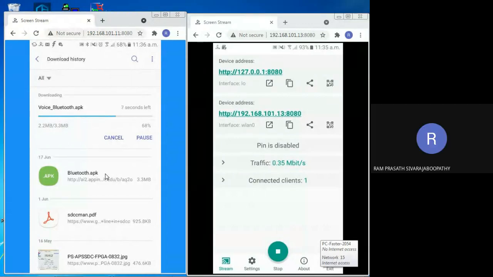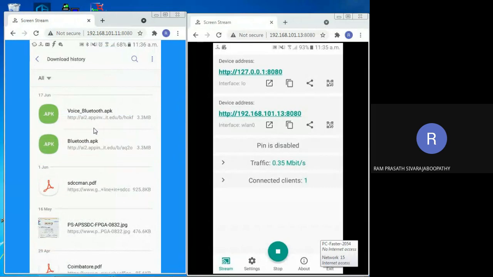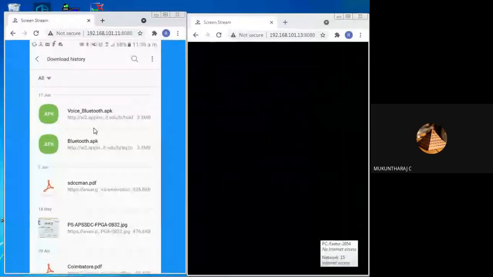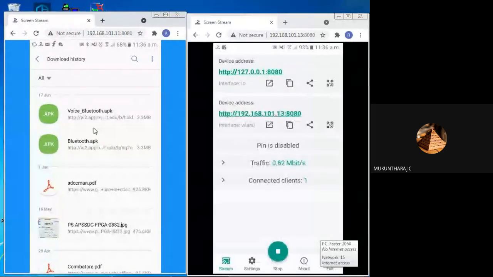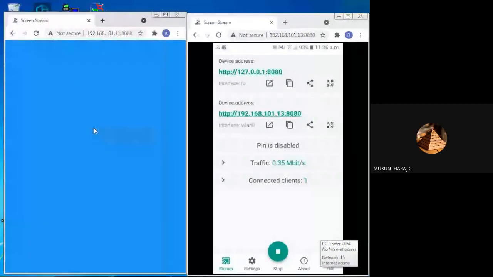The same size only, I think 3.3, but my internet connection is a little bit slower now. Wait a moment. Because one internet connection is shared across 4 devices now, that's why it is very slow. Okay, now I'm going to install this app. Wait a moment. I will stop presenting the mobile screen and present it once again. It is lagging very much.